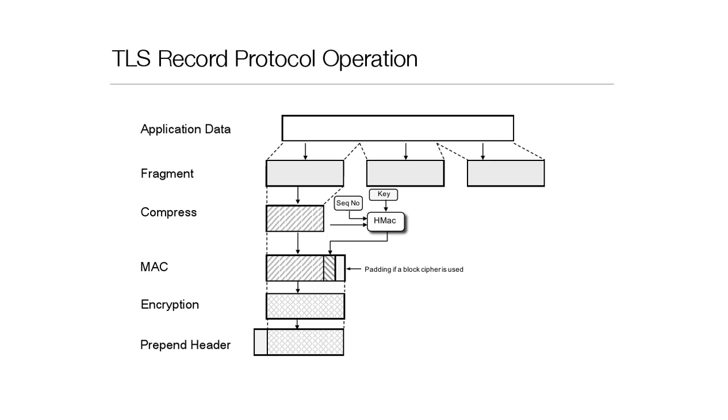So the receiver can check that all the sequences are received using that sequence number. The inputs for the hash MAC are the compressed data fragment, the sequence number, and also the key for the message authentication code operation. And once we have that message authentication code tag,